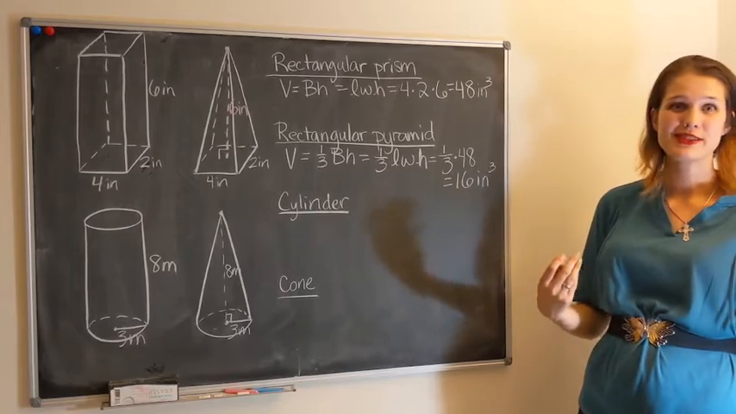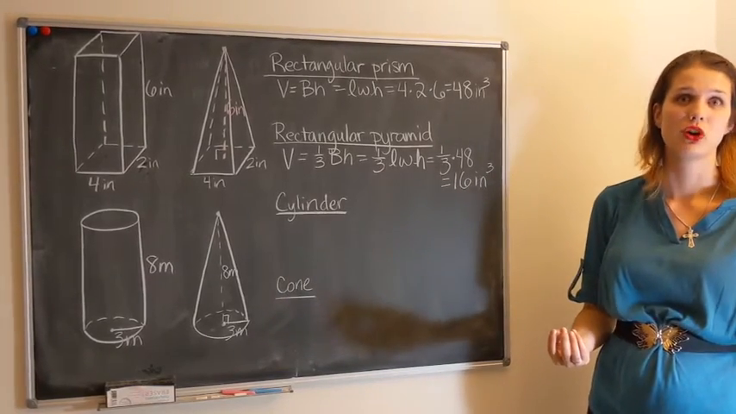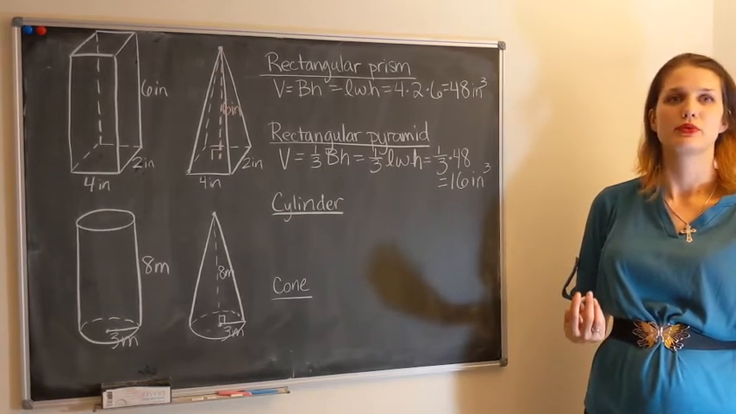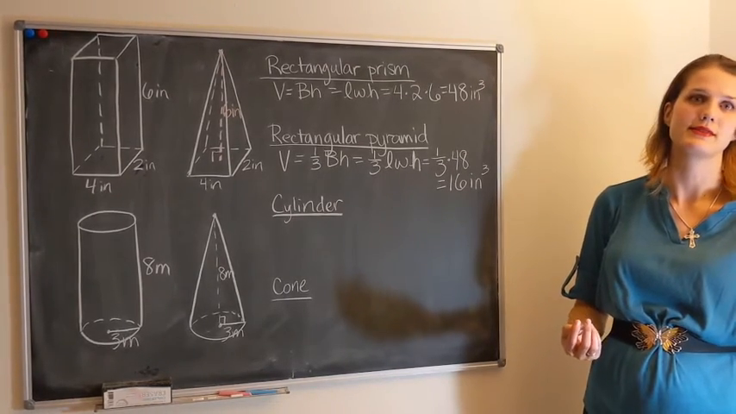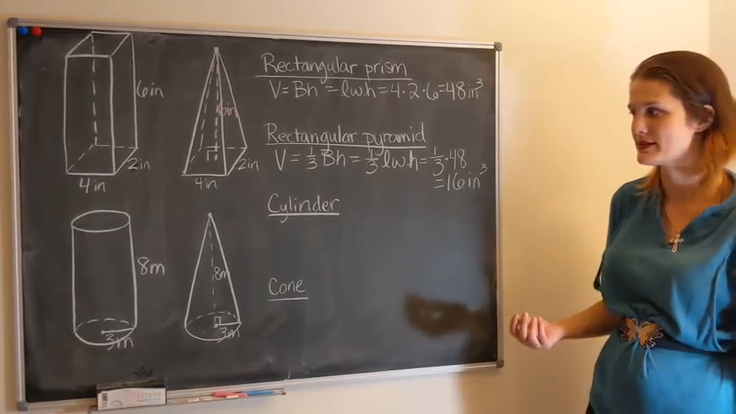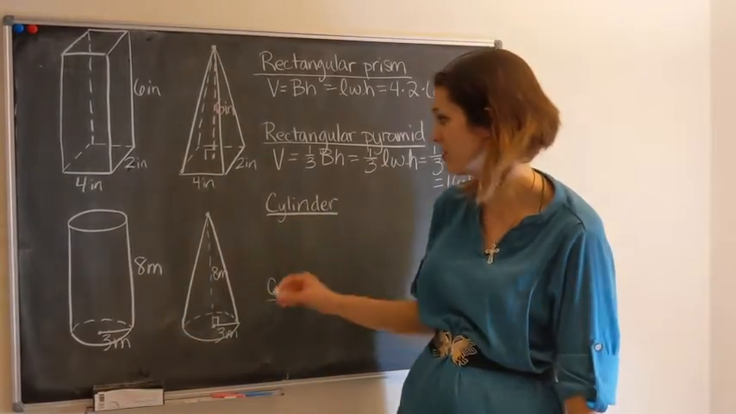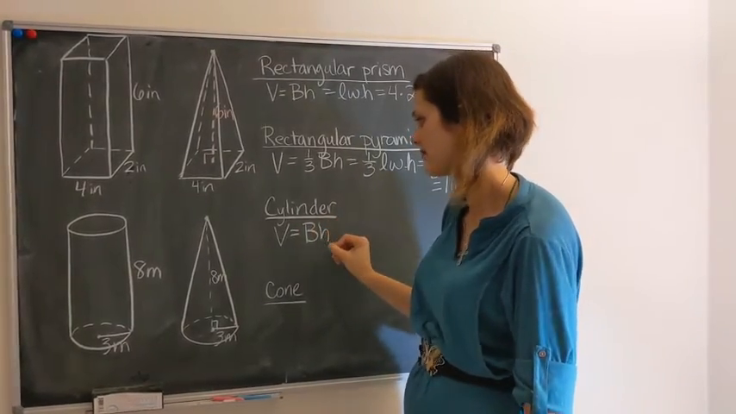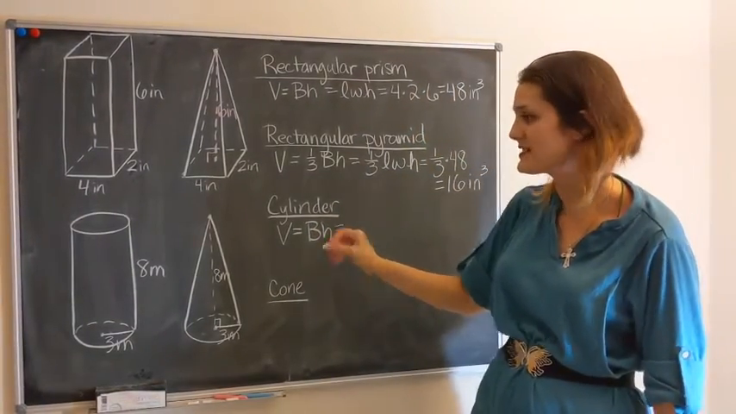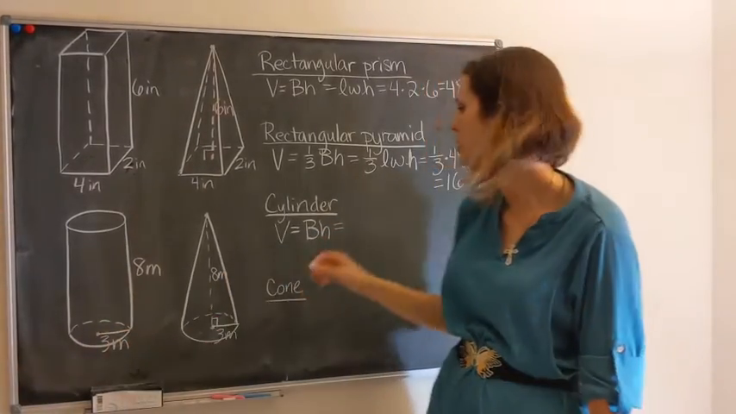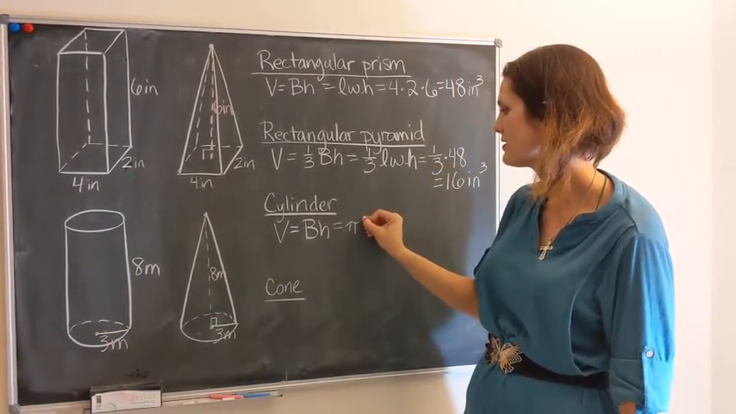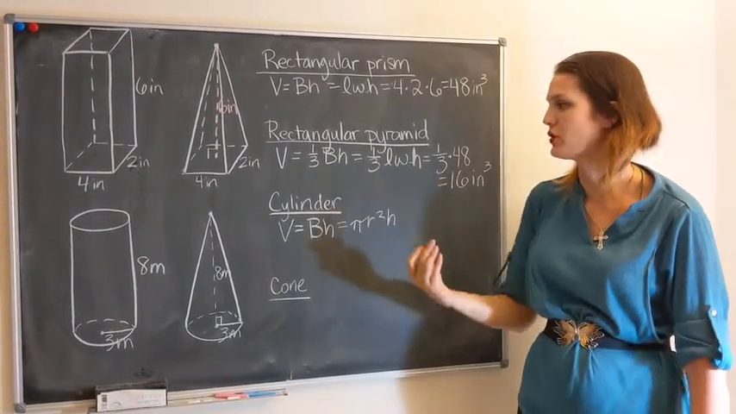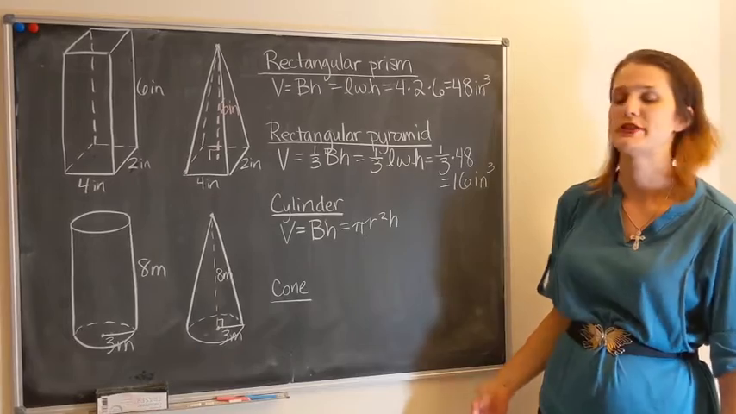Now, very similar to prisms are cylinders. We can think of a cylinder really like a prism with a round base instead of a polygon base. So the volume of a cylinder is also the area of the base times the height. But in this case, since our base is a circle, we use pi r squared to find the area of that base. So we end up with the more familiar volume formula for a cylinder, which is pi r squared